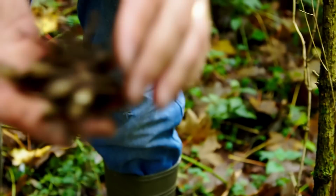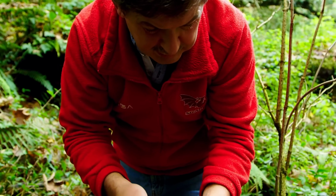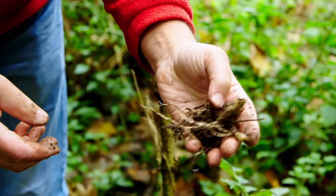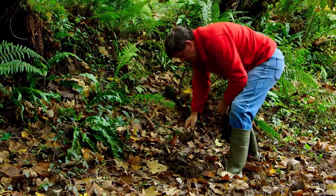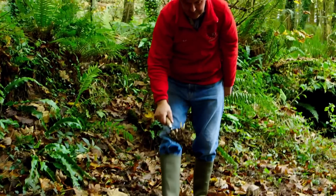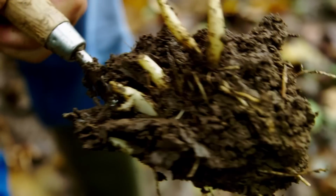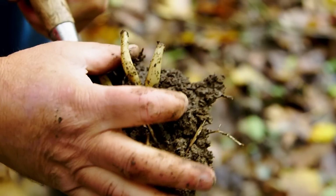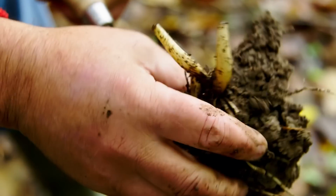When it comes to the legalities of doing this, when you're digging up any plant by its root, you really need to have the landowner's permission. So quite fortunate here in which we have. Yeah, that's how they appear. There's some bigger ones, and that's the kind of pieces we're looking for. Unlike normal garlic that's shop bought or grown, they come in corms which you peel off. These are just one single bulb. So very useful